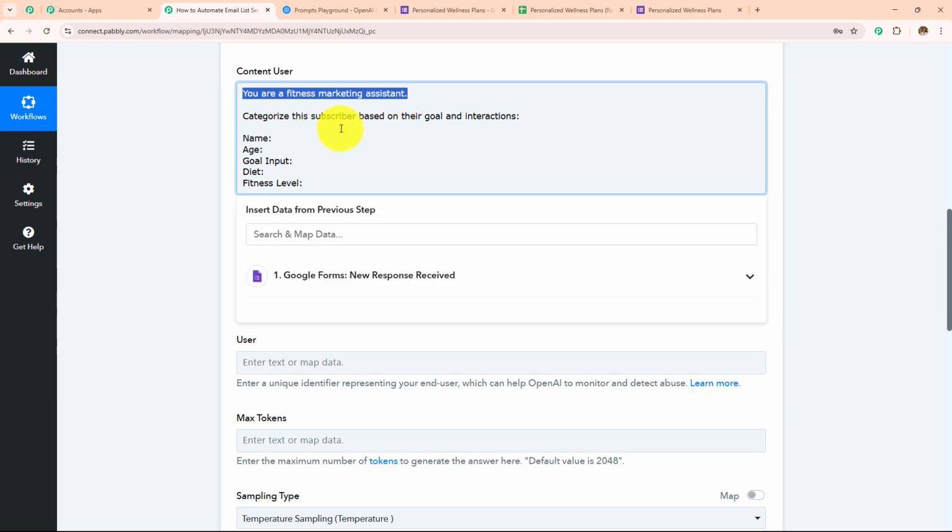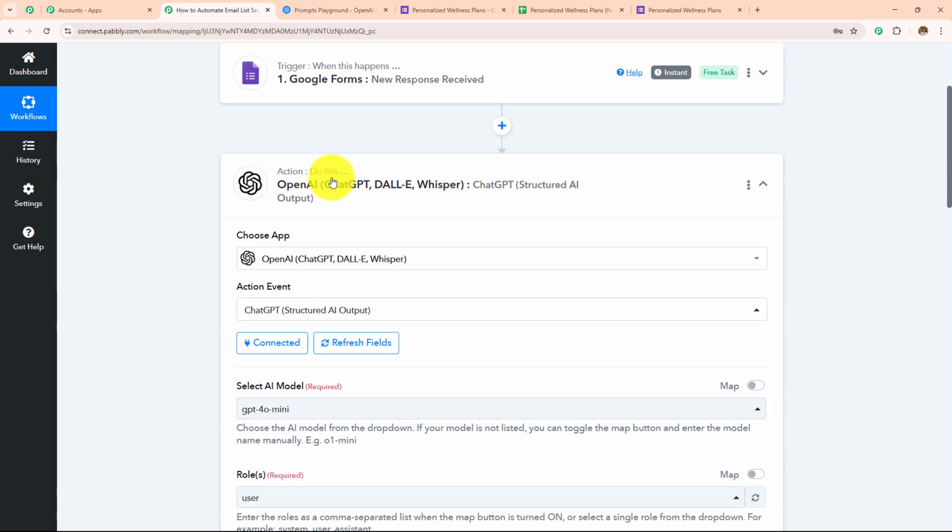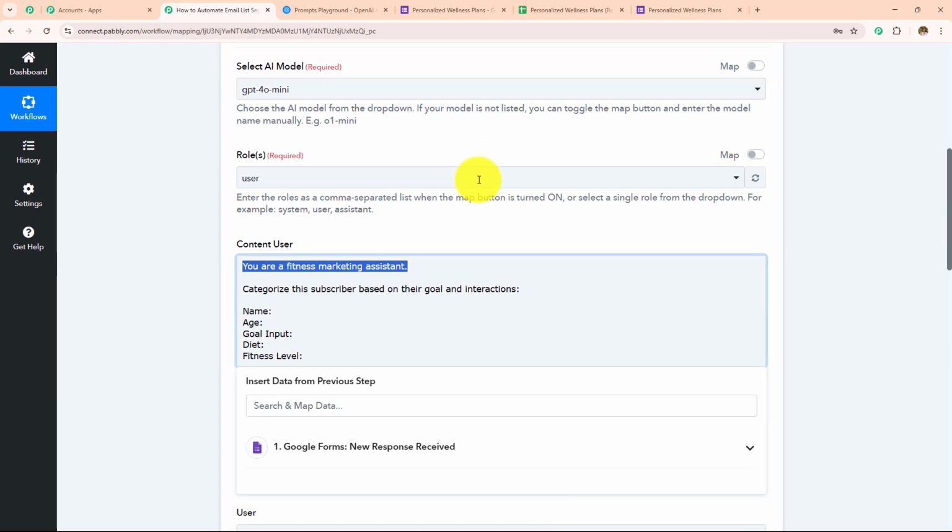Categorize this subscriber based on the goal and interactions. I am going to enter all these details, but I am not going to enter this manually. Instead, we are going to use a method called mapping, which means we are going to enter the data from the previous response. Now here I have received the response from Google Forms, and when I click on this field,